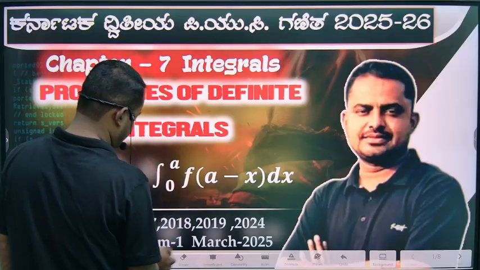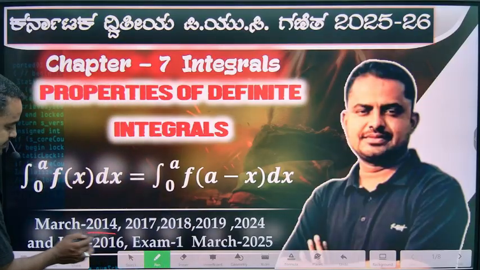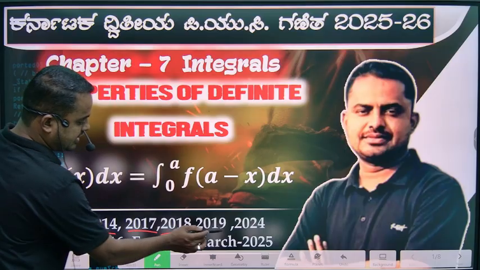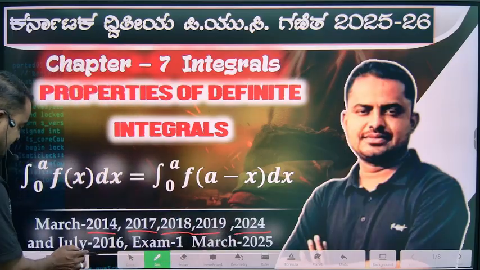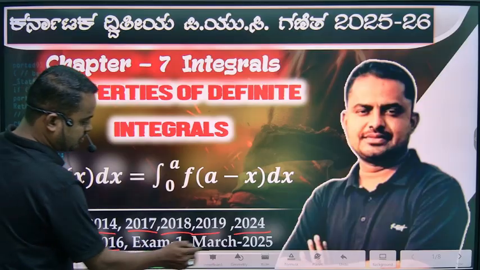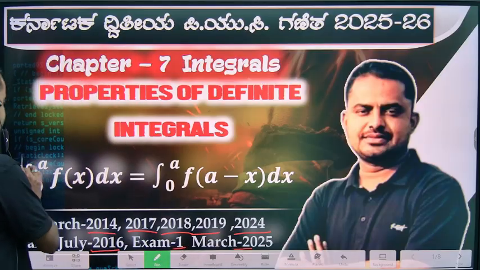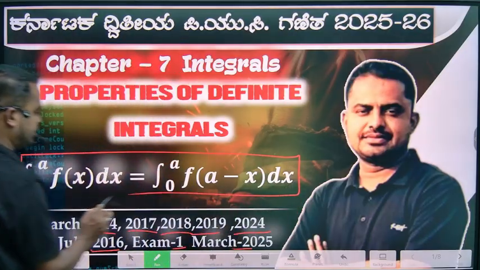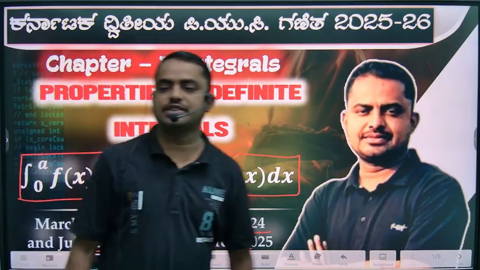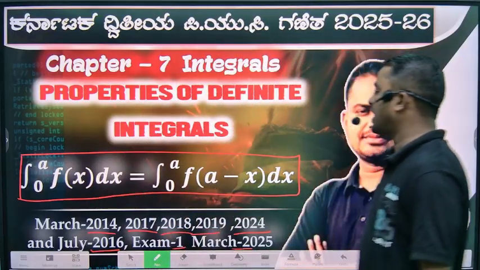See here, the years: March 2014, 17, 18, 19, 24, July 16 and exam 1 2025. That is, prove that integration of 0 to a f of x dx is equal to integration of 0 to a f of a minus x